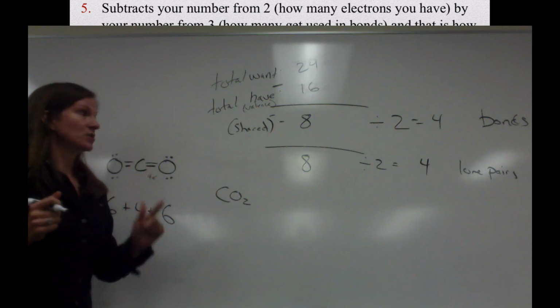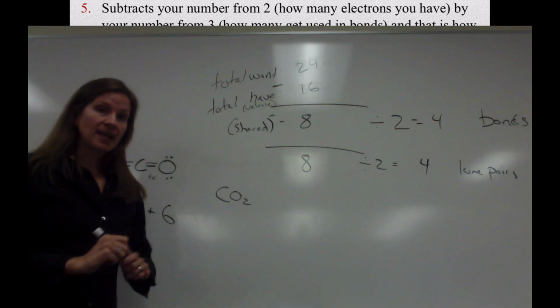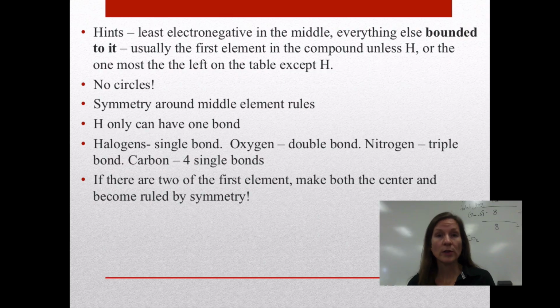And that's all from the idea that life flows from the center. It tends to be symmetrical, and this math told me how many things I would need in order to satisfy myself. The goal with Lewis dot is to create a structure that represents what would happen in real life. And the main problem with Lewis dot is you could do a lot of things that life doesn't do. So you kind of have to practice and find this fine line balance between like